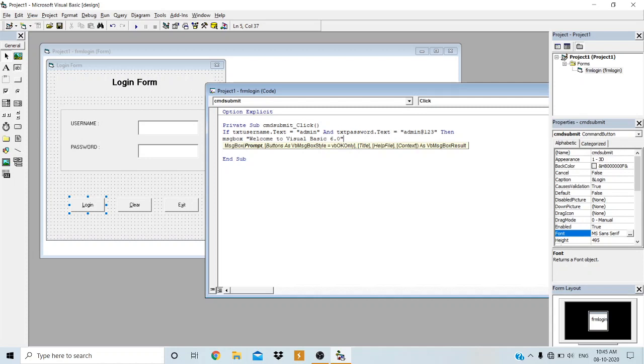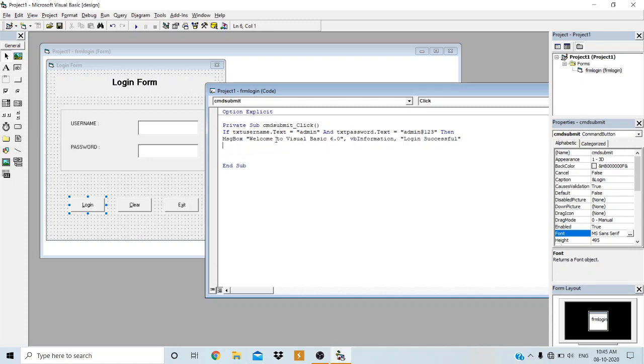So as of now, change the icon and set it to vbInformation. And also I will set the title. I don't want to change the button; let the default OK button stay as it is for the message box. I want to change the title here. So how to change? Comma, then in double quotes write the title. I will just say "Login successful" as the message box title. Okay, so now it is the true block.